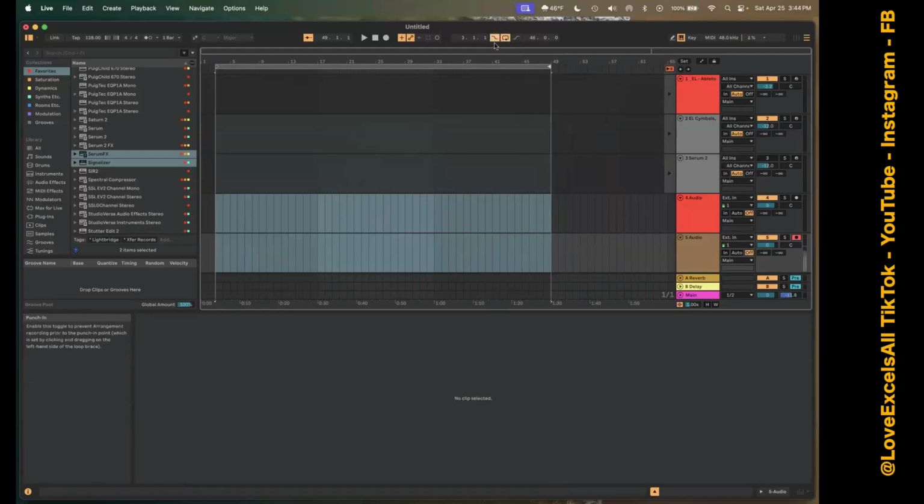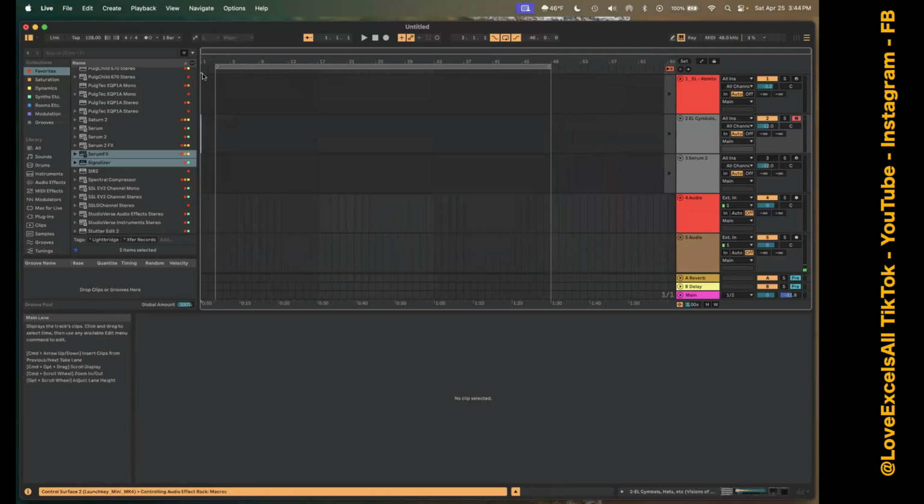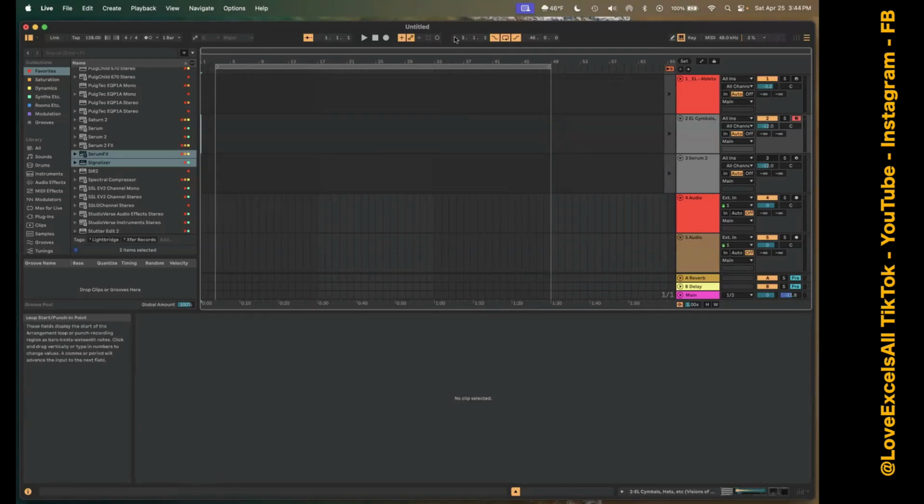And this is a record enable for our in time and a record enable for our out time. So in other words, even if I hit record, but my cursor is at 1, it won't begin recording until we get to bar 3. And it'll record. Right now I have it set for 46 bars. But whatever I have this end cursor set for, that's when it'll stop recording. But if I just enable this loop and let it record, it'll record continuously and create what we call takes,